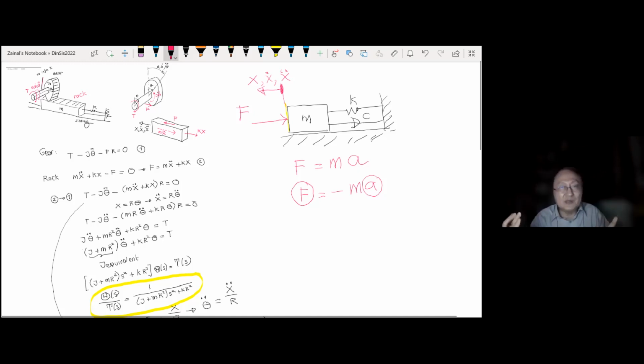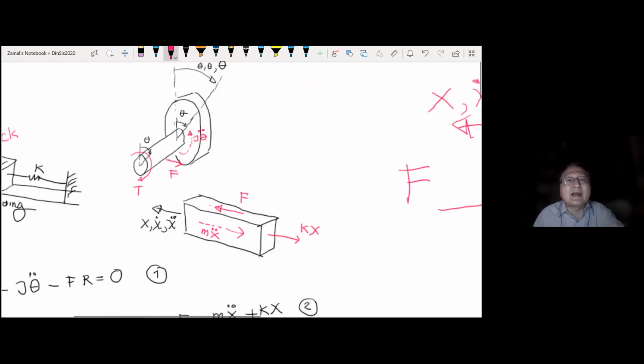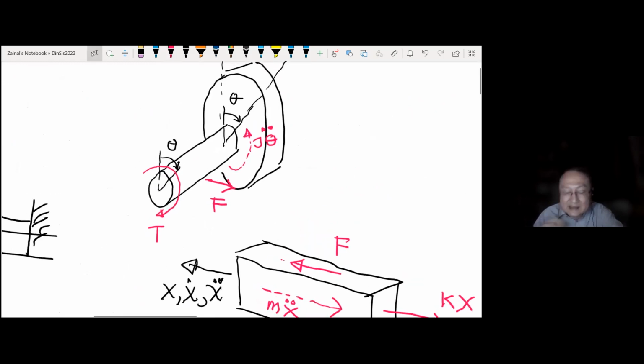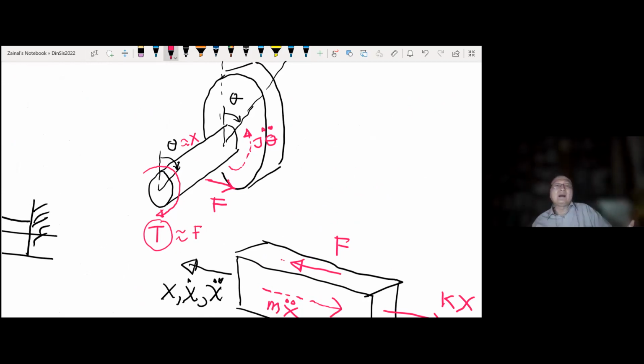If you derive, it doesn't change the direction. If you derive with T, it doesn't change the direction. Okay, that one is linear, but that one works similarly for torsional. If T is in this direction, theta, you cannot choose the opposite direction to T, because this T is equivalent with F, and this one equivalent with H in linear, right?